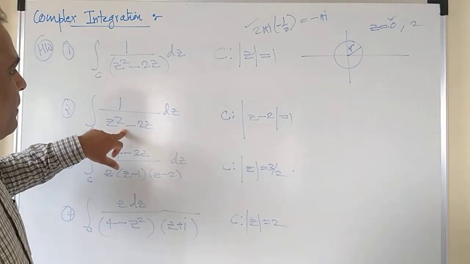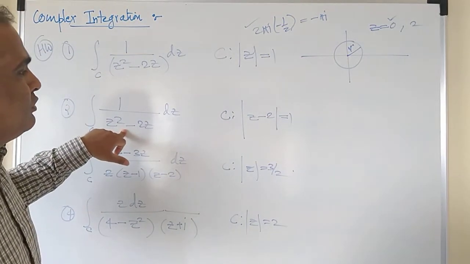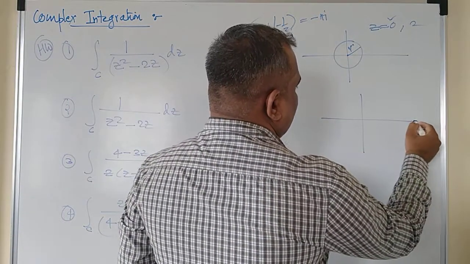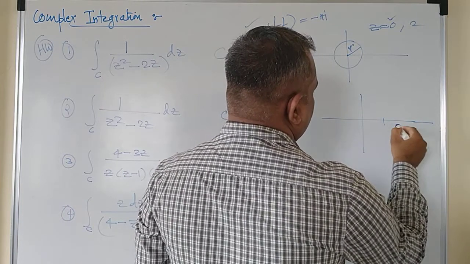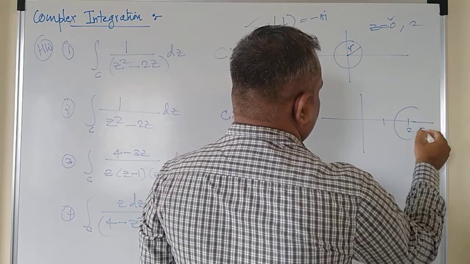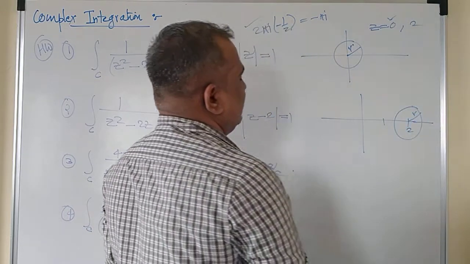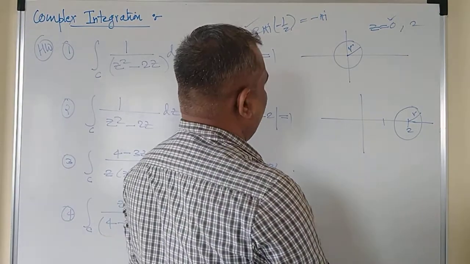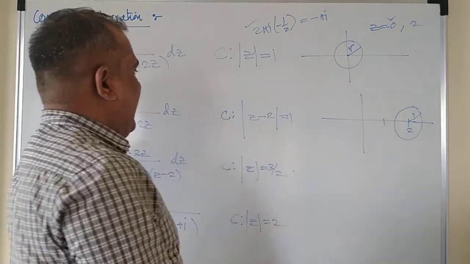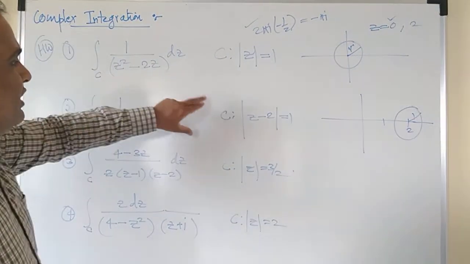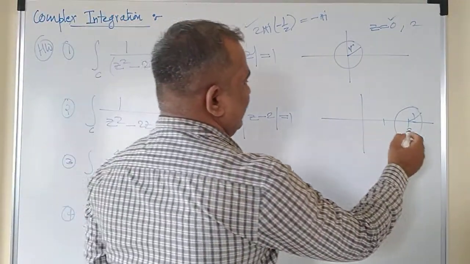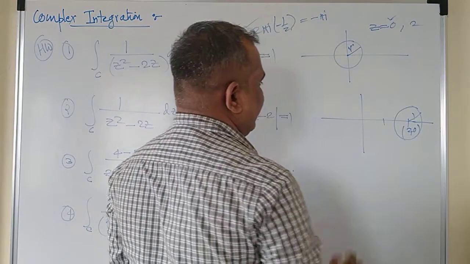In this case also, now the center is 2, 0, right? And the radius will be the same. So 2, 0, that means suppose this is 1, this is 2, and this will be your diagram. So r equals 1, right? Let me write here 1 only. And see, a little bit of change in the contour equation changes the complete problem. So z equals 2, 0 is the center, and the radius is 1.